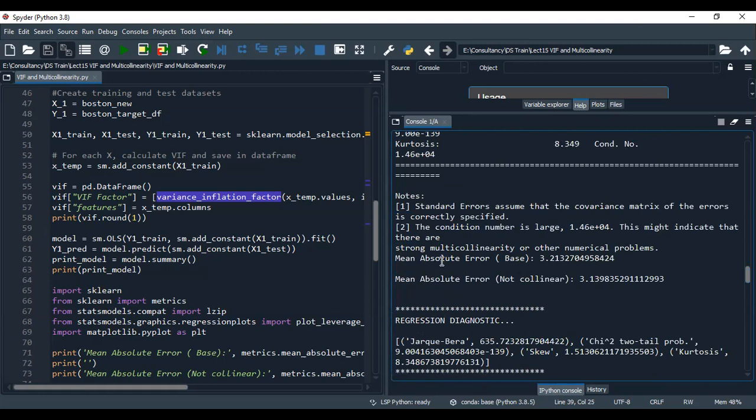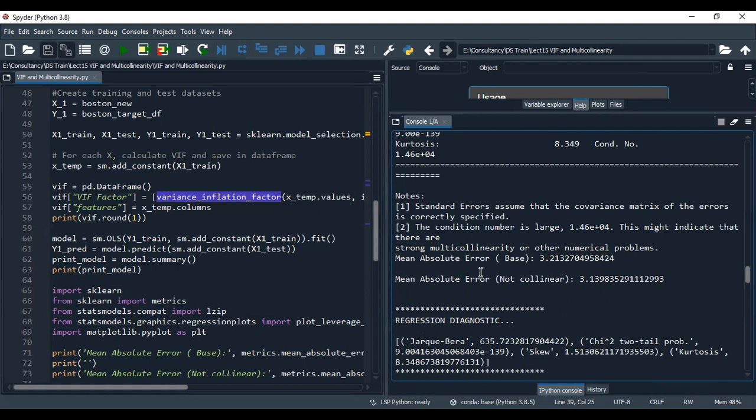That's why I will calculate the mean absolute error for the new model and the mean absolute error of the base model. In this case, you will find the value is 3.21, and in this case, this value is 3.13. So earlier you were getting 3.21, now you are getting 3.13. So this value you are changing, and definitely the error value you are reducing,